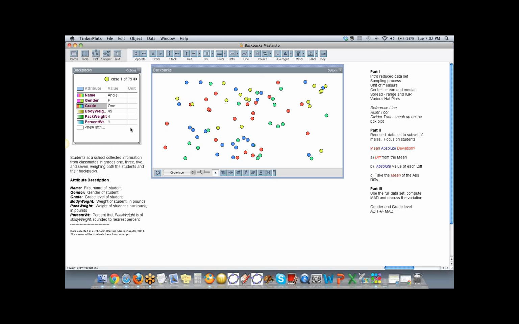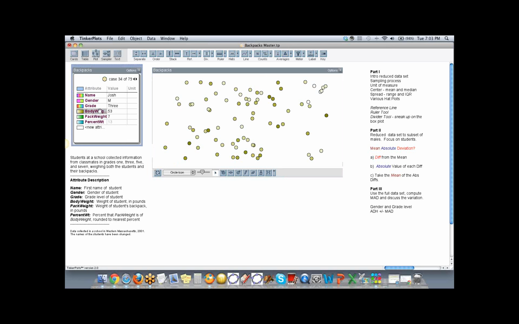In this case, we don't really know what the sampling method was, so I'm going to assume it was either convenient sampling or cluster sampling. Because I see data for first graders, third graders, and fifth graders, and I'm reading it in the text box here. If I go through the cases, we see that we have females in first grade. If I click on a data point, it's going to take me right to that card. So this is Josh, who's a male in third grade. And it's giving the body weight, the pack weight, and the percent weight.